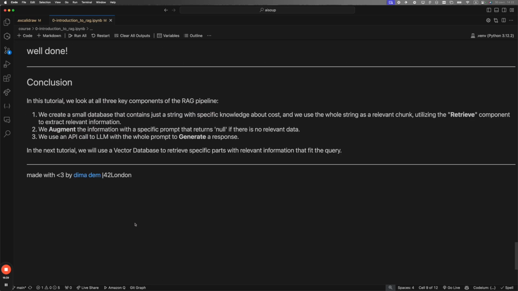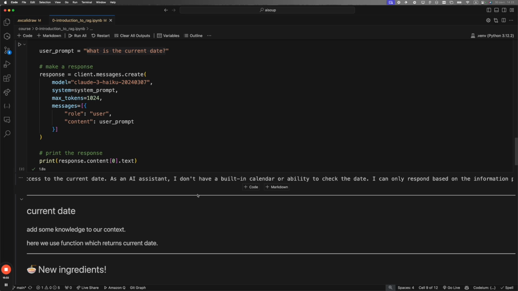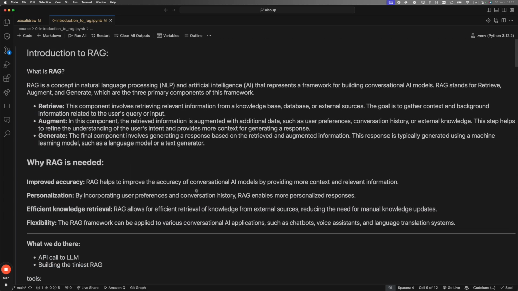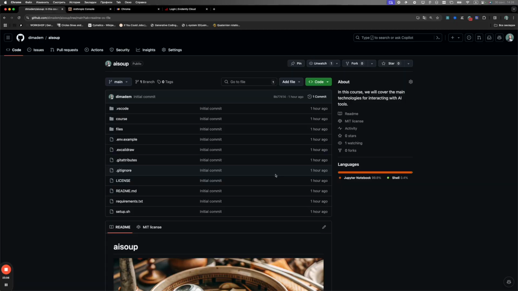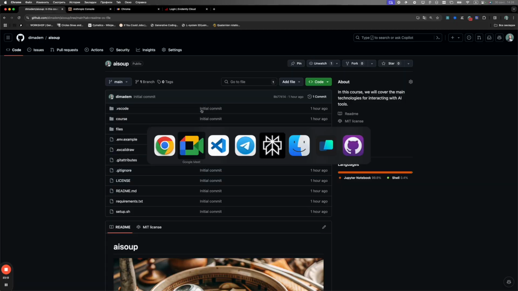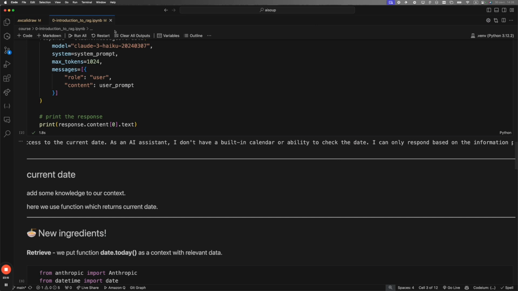So, the conclusion: we create a small database with just one sentence. We augment the information with a specific prompt. We use an API call to the LLM with the whole prompt to generate a response. This is our first touch with a large language model in the context of RAG. So thank you for your question, guys. Now let's go through the next file,